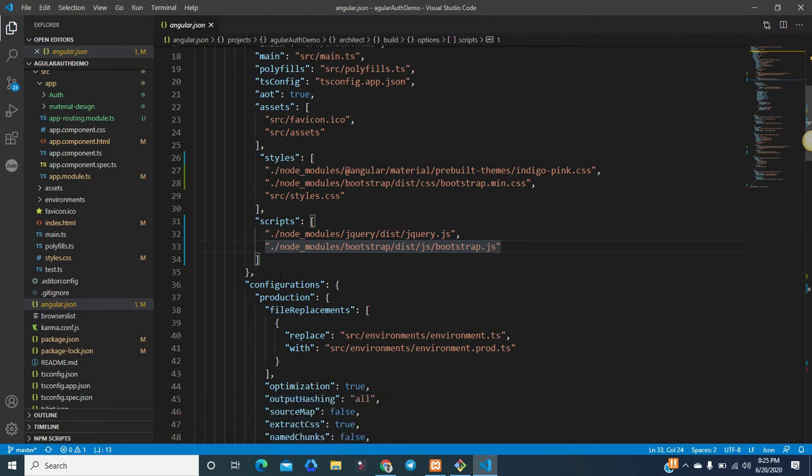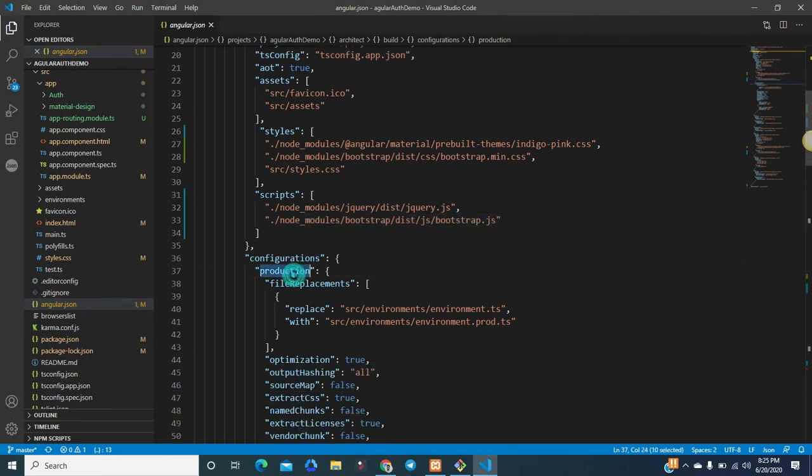And other configuration like production mode: if you want to move your project from development mode to production mode, you can do this very easily. You just need to replace the environment.ts file with the environment.prod.ts.